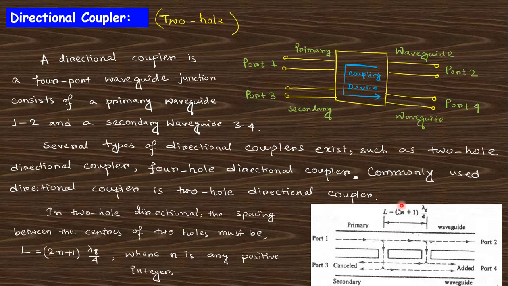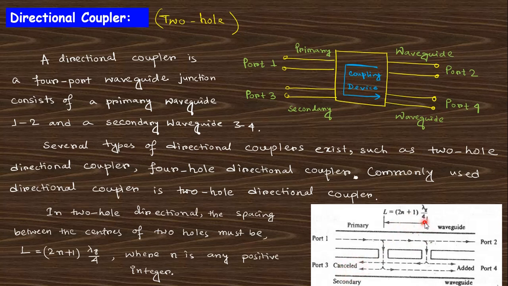Okay, so this is our variable parameter, which can be varied such that we can arrange the output of this four-port device. When we input the microwave from port 1, there is no change in port 2, but from these two holes there are two components along port 3 and port 4. The path length between these two holes is taken at such a value that the total output from port 3 will be 0.